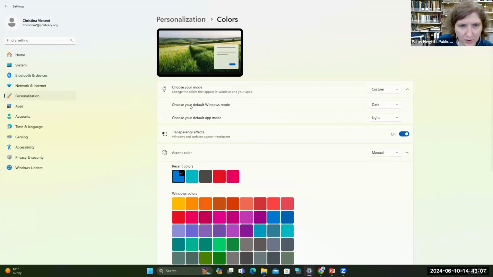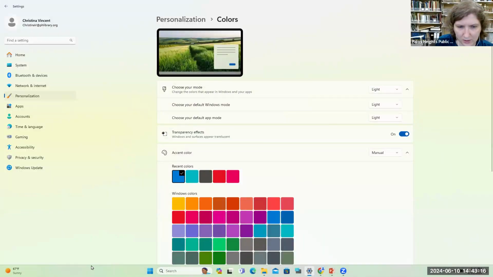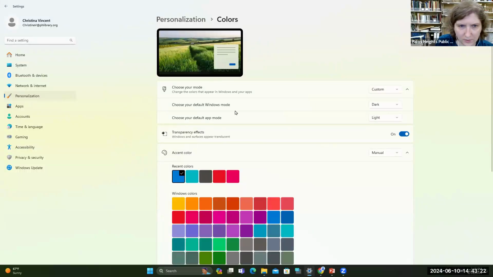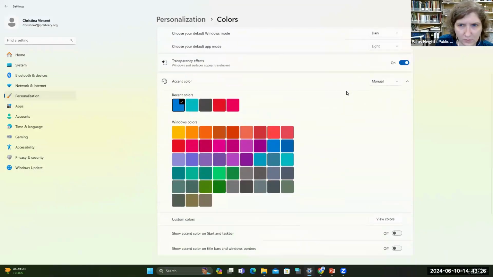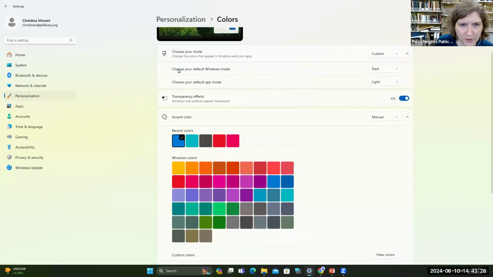You can also choose what mode your Windows is in. So right now it's in dark mode, so everything's kind of darker here, but I can have it in light mode like this. Hopefully you can see the taskbar changed color like this. There we go. You can also even have transparency effects, where the windows and surfaces appear translucent.